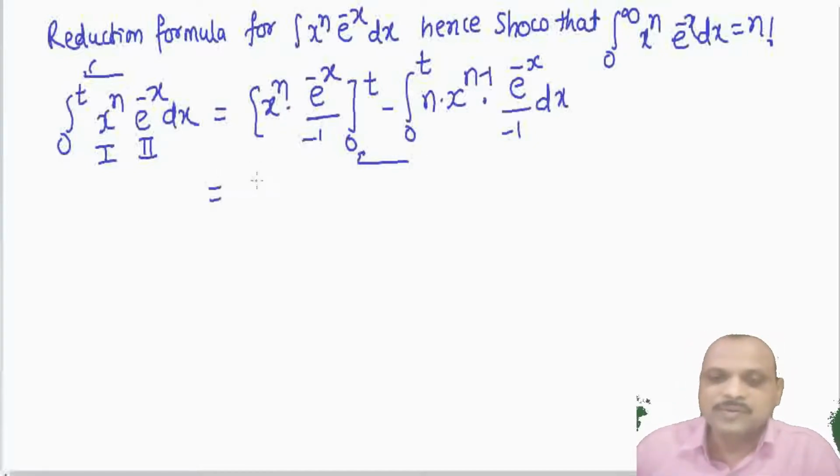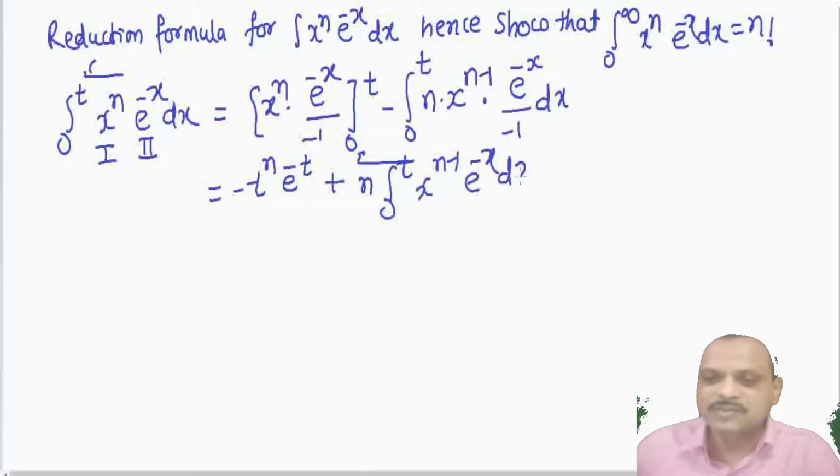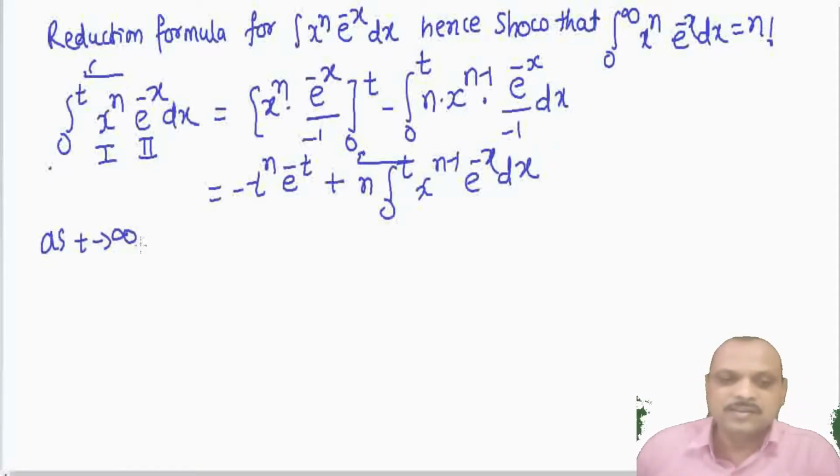Equal to, when we put x equal to t, this will be t raised to n into e raised to minus t, and at 0, this will be 0. Okay, so minus minus plus n into integration 0 to t x raised to n minus 1 e raised to minus x into dx. Now as t tends to infinity, this is integration 0 to infinity x raised to n into e raised to minus x into dx